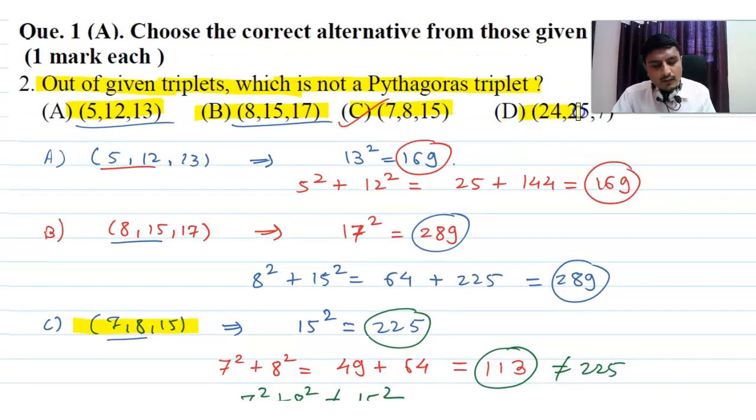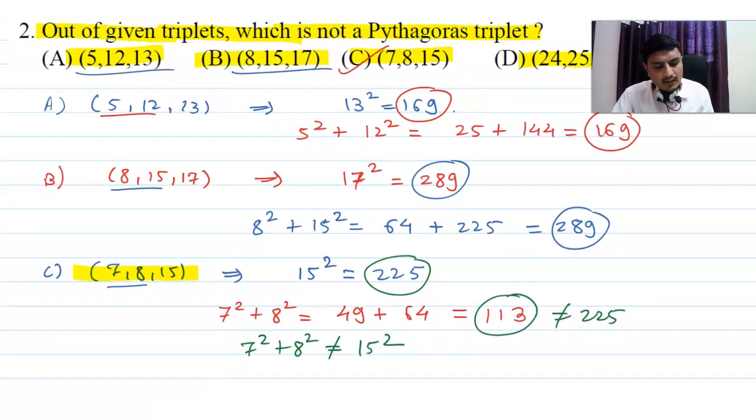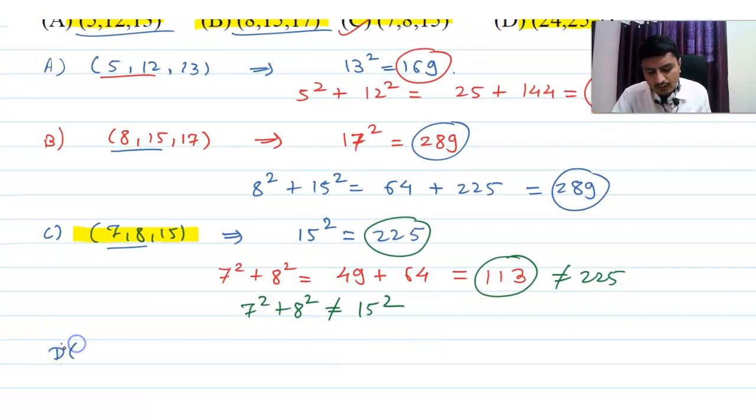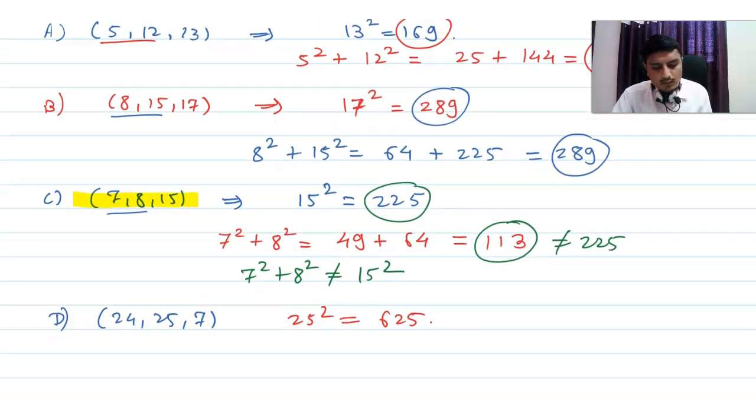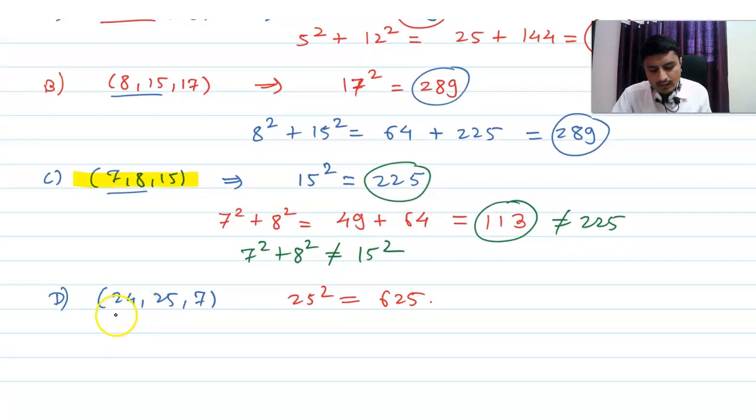We have 24, 25, 7. Among them, I am writing the choice code D first. We have the triplet of the form 24, 25, 7. Among them 25 is the greatest number, whose square is 625. The next two numbers are 7 and 24. So once we take the square sum of the remaining two numbers, that means 7 square plus 24 square,